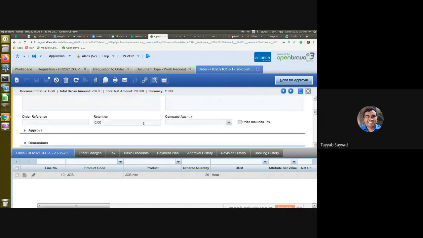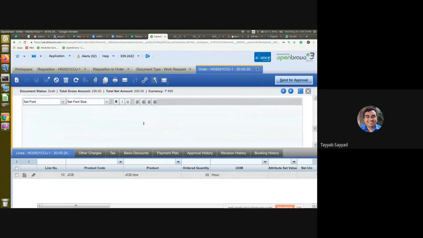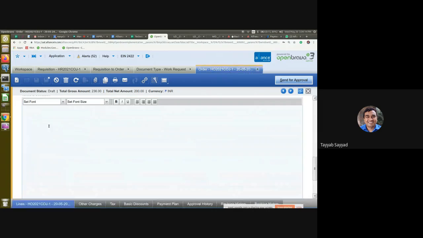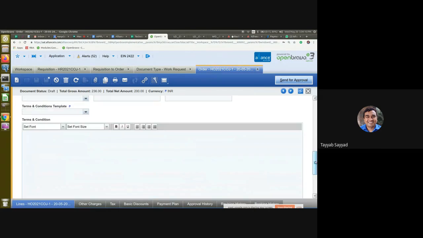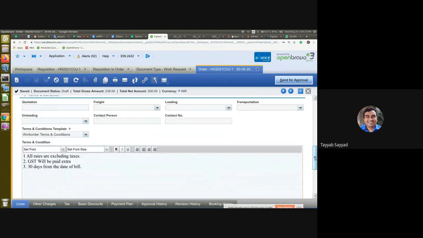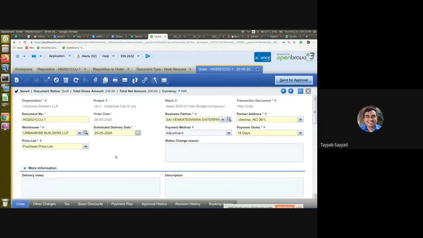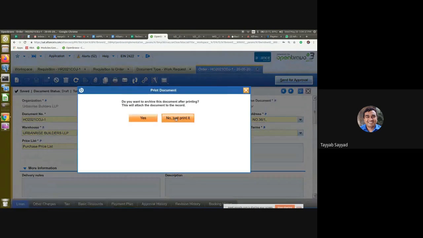Here also you can add the terms and conditions as per your needs. You can take it from the template or directly type it in here. I'll select this one. I'll save this record. Okay. And I'll click on the print option just to check out the hire order print.